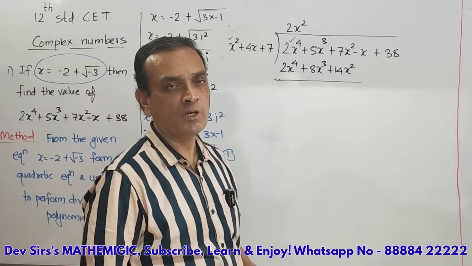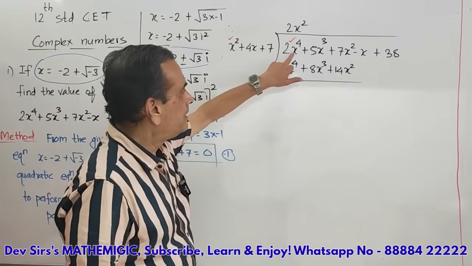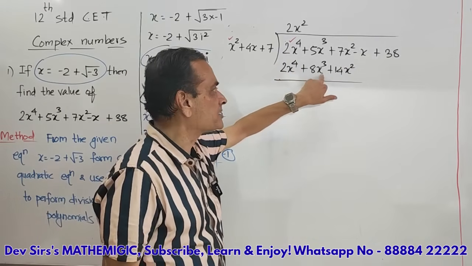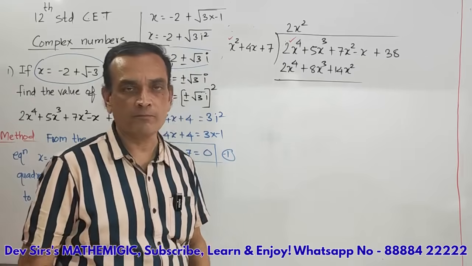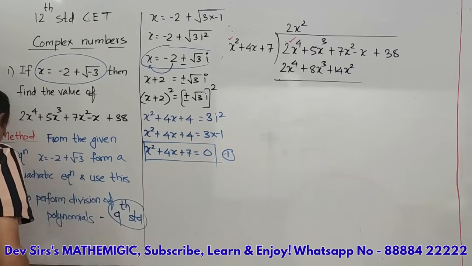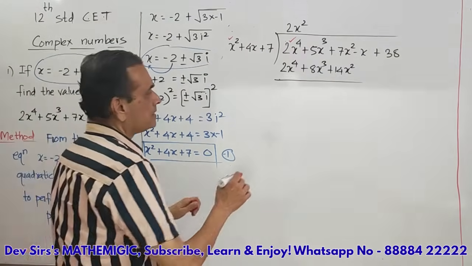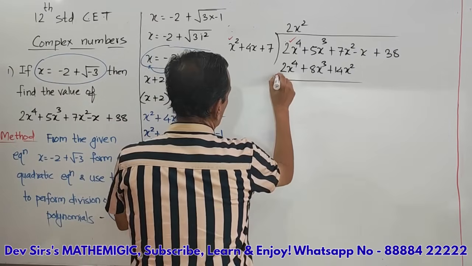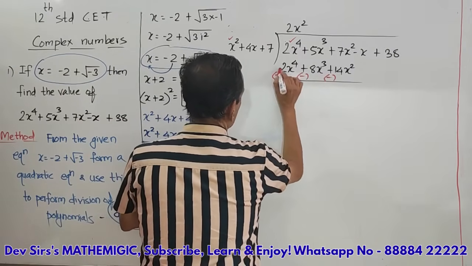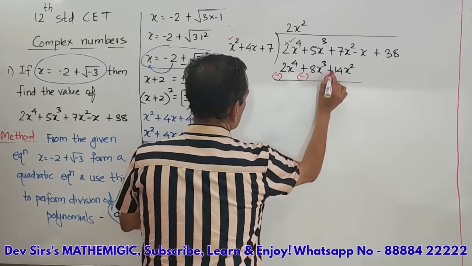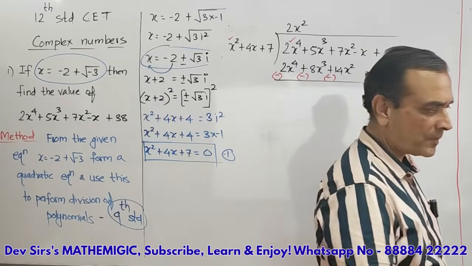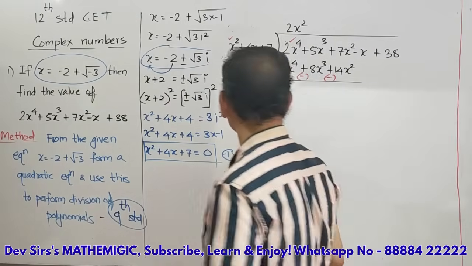Now you have to remember that x raised to 4 below x raised to 4, x cube below x cube, x squared below x squared. Now what? Change the sign. Plus becomes minus, plus becomes minus, plus becomes minus. Now you remember a little bit of class 9, right? Okay. Now